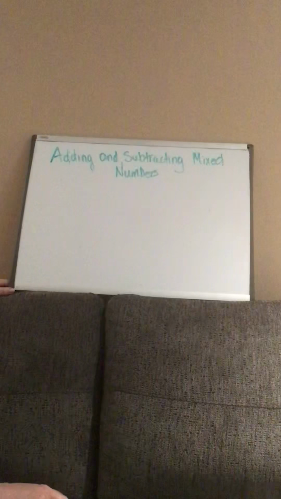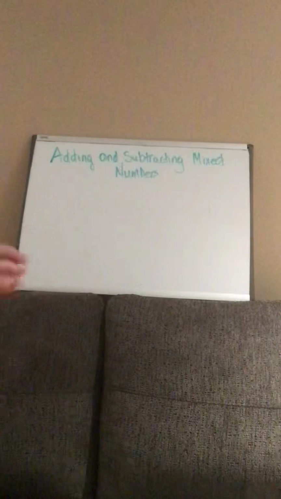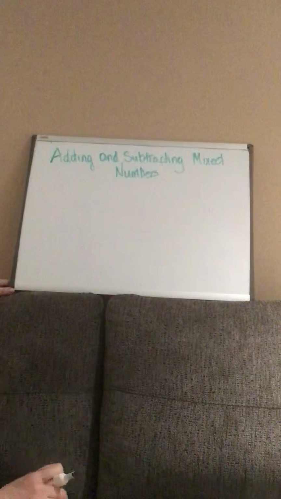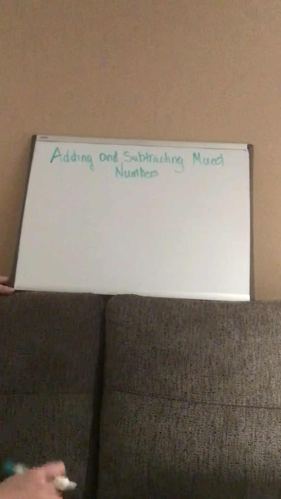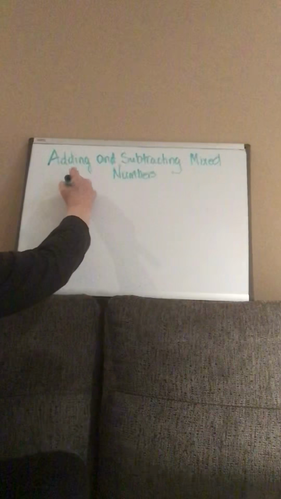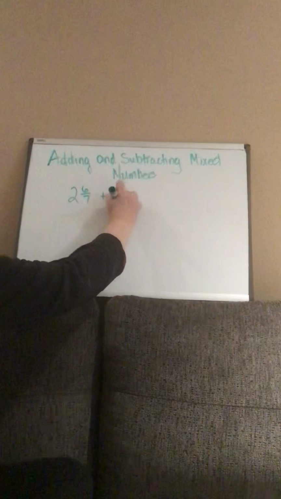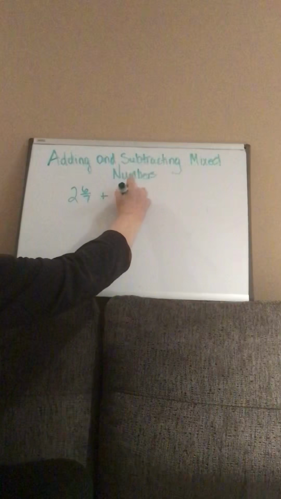So we're starting to take all those little concepts that we've learned in little bits and pieces and put it together into one concept. So for example, if I have the question 2 6/7 plus 1 4/5,